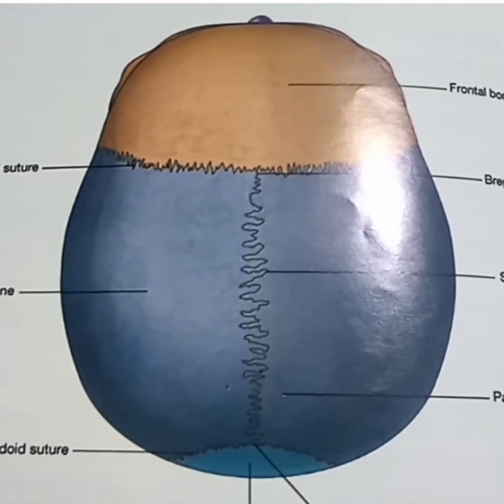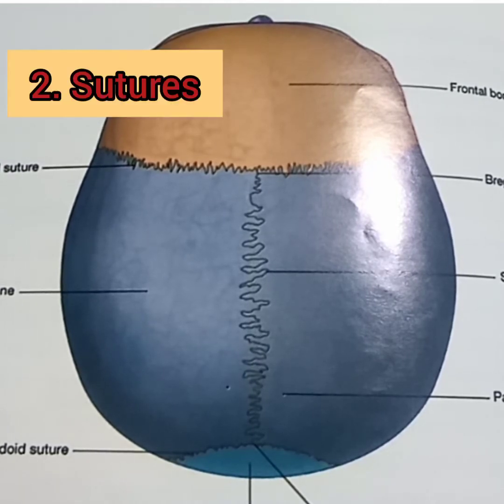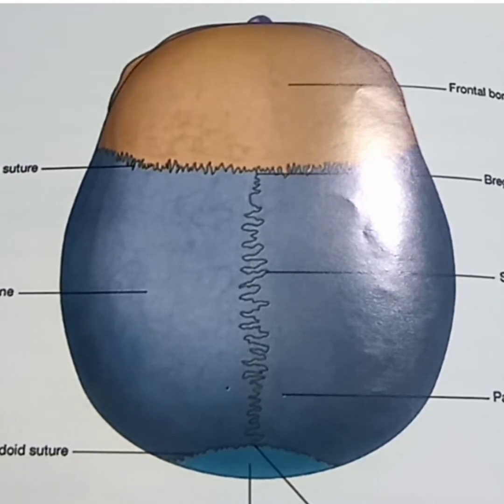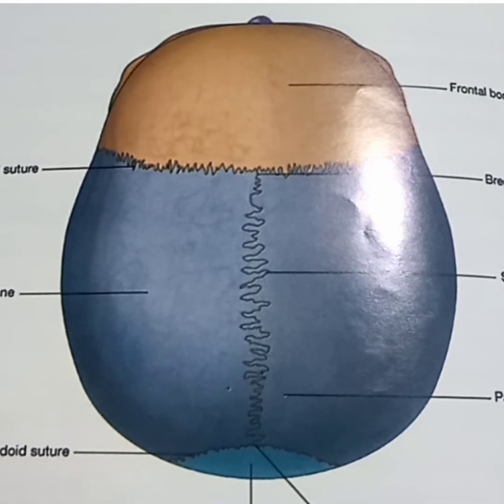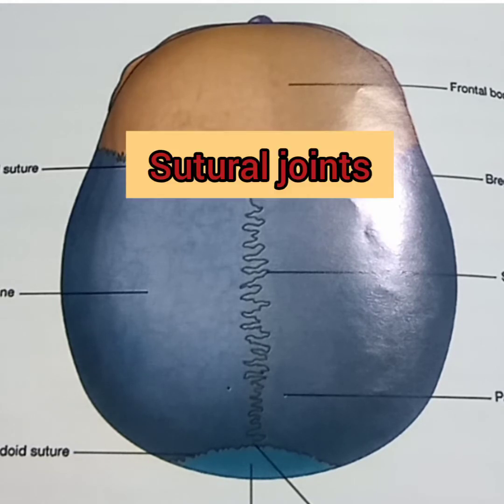The next item will be the joints or the sutures formed between the bones. We have to know that when 2 bones articulate or meet with each other and the gap between them is filled with fibrous tissue, this type of joint will be named fibrous joint. Fibrous joints are found in the body at various sites, but in the skull they have a unique feature and they are named sutural joints. Why are they named